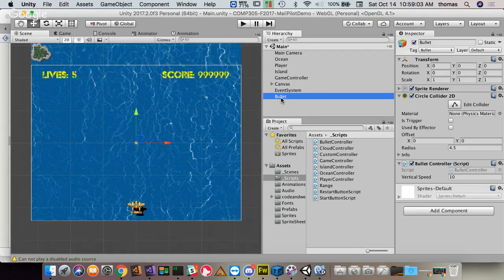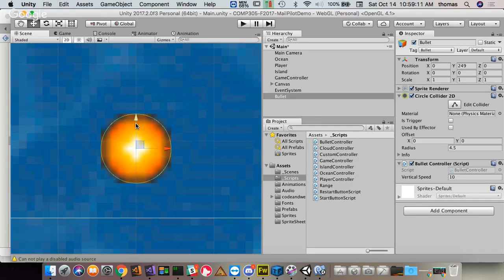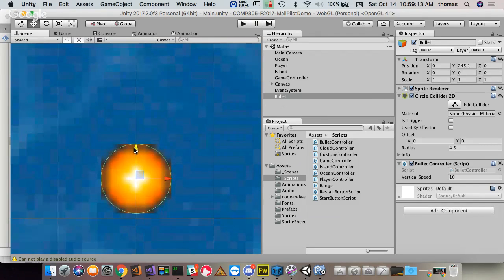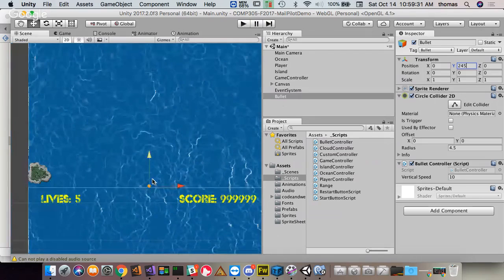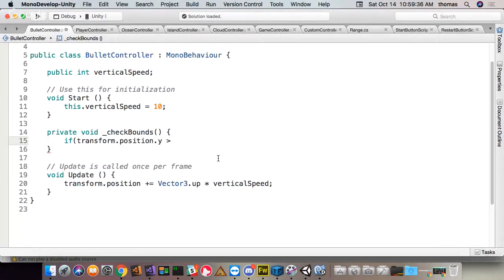So I got to take my bullet for a second, and I want to say that it's going to be something like this when it leaves the screen, like that much. And I'm just going to focus in on that again. And so just to make it very perfect, as soon as it leaves the screen, something like this, right? And you can see that the number is 244. Let's just make it even at 245. As soon as it reaches 245 units, that's going to be off screen, right? It left the screen, so I want to destroy it. So I'm going to say if the Y position is greater than 245,